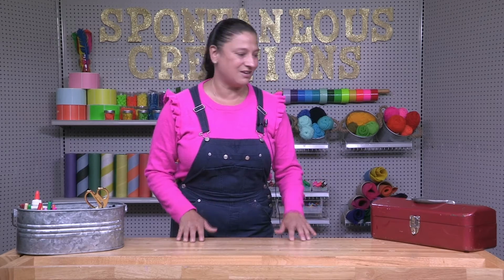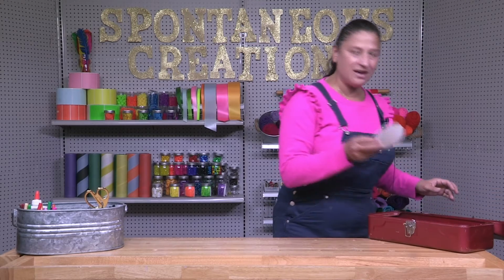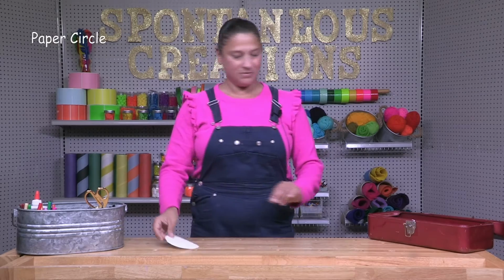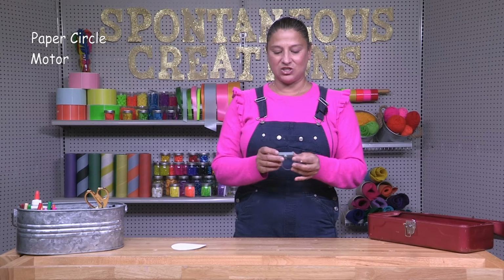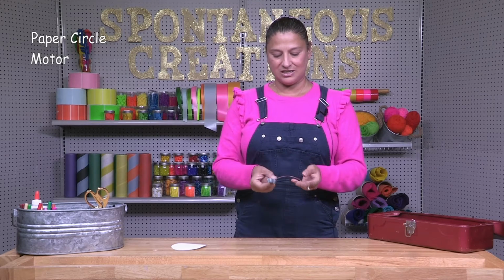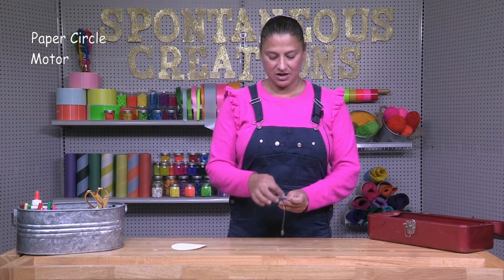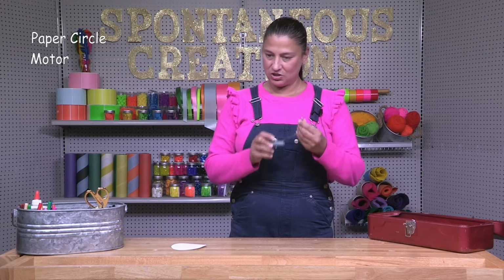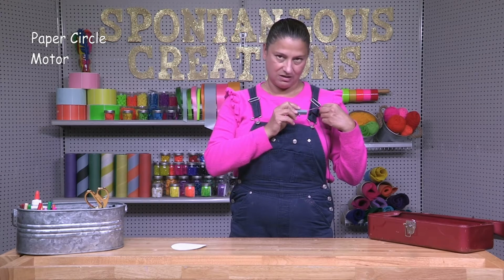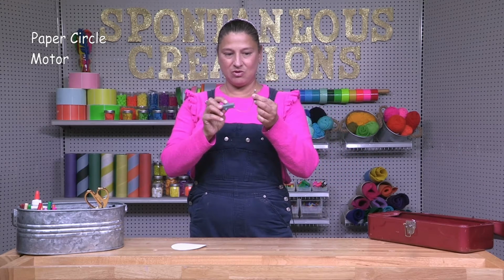Okay, well, I wonder what our 7th activity will be. Let's find out. It's somewhere in this red toolbox. Oh, okay, I know this activity. I have a circular piece of paper. This is a pretty simple one. Okay, a motor with the source of energy already attached to it. That means there is a battery inside of there and it's sending energy through one side to this little tiny motor and then down. But how does it work? Wait a minute. Oh, look at that. There's a switch. Yes, I think you can hear it. Whoa. Yeah, the motor's turning. Okay, so we have a motor with a switch